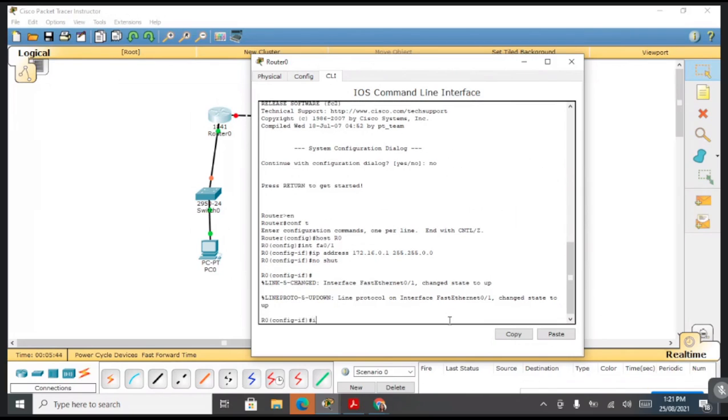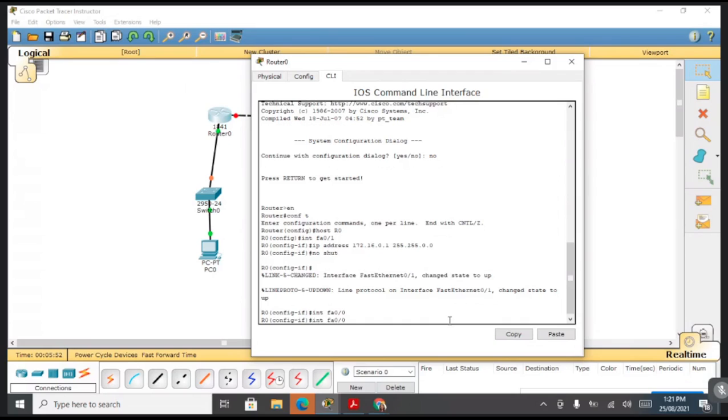Another interface, type 0/0. IP address on this is 100.0.0.1, एक 1 लेना है, and subnet mask is 255.255.255.252, right?